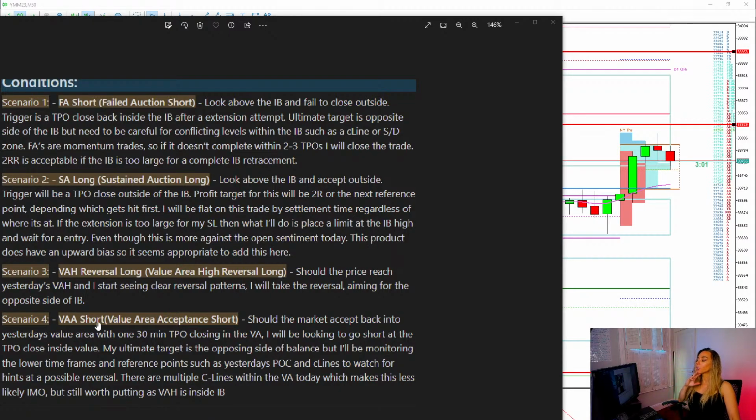The final scenario is the mistake that I'm talking about. So we've had this so many times with whoever has managed to submit a plan. At some point, they had the value acceptance trade on an inside day. So let me repeat this. If it's an inside day, there is no way to have a value acceptance yet again,